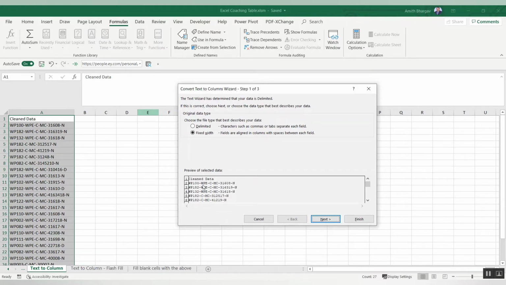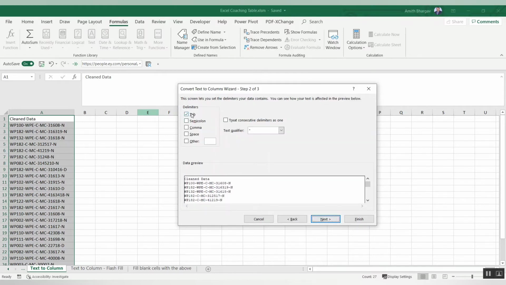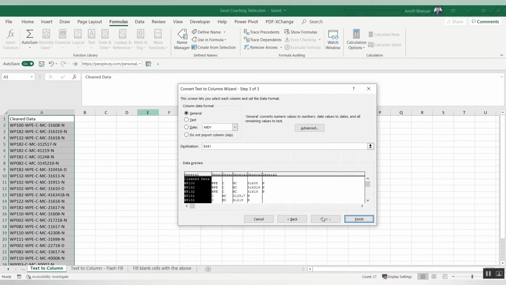If you notice here we have a hyphen, so we can select delimited, and there are categories here: tab, semicolon, comma, space. These are the common characters which we can use. But if there are other characters, we can click on other and just type what sign we want to separate the cells from. See, now I entered hyphen here, like minus. It's separated and it is showing the format here. Then I'll click next.